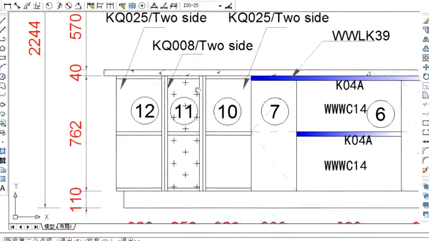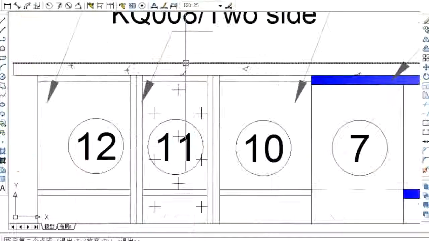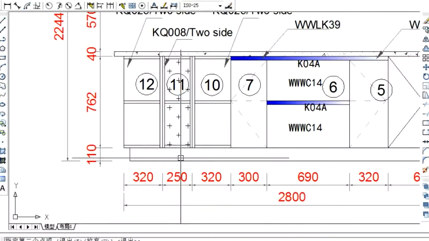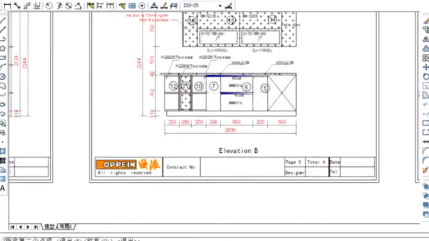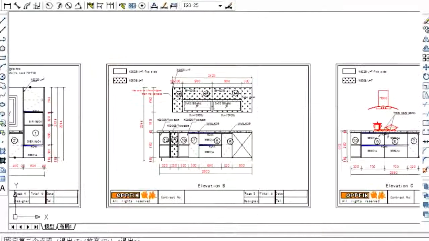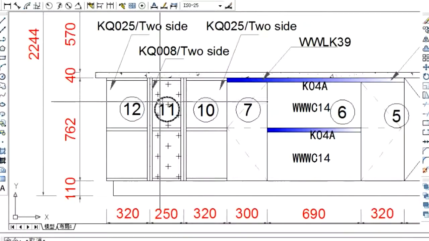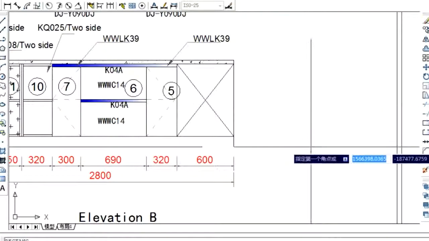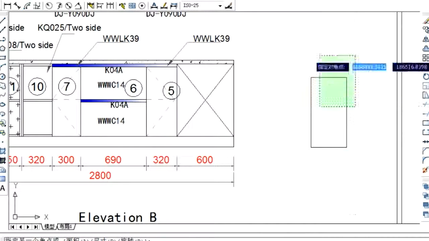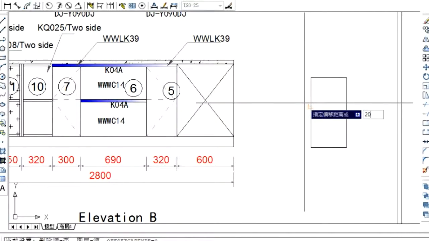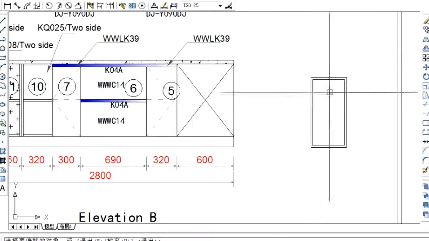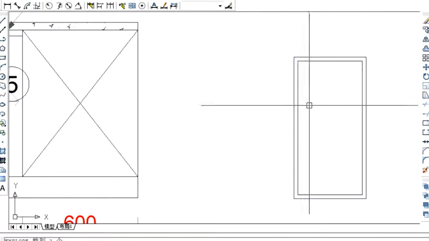So for the top and bottom, if you want just one side, you need to tell. You need two side finish. Yes, two side finish for open cabinet. Usually, if you don't write it here, you don't tell the factory, you do two sides. But if you want just one side, you draw it out and then